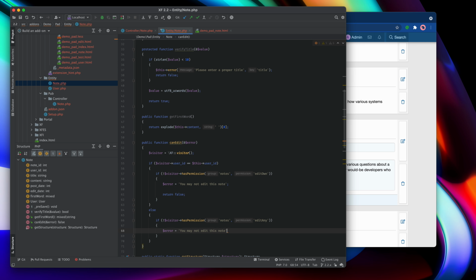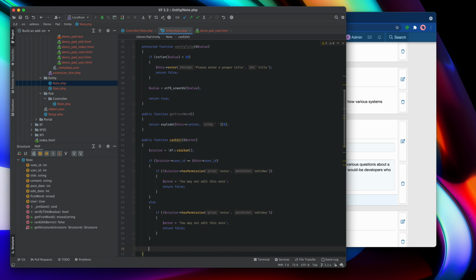I guess we'll just standardize on that for now, and we'll return false there. And I guess if you've got past all of those checks, then you must be able to edit, so we'll return true. So now we can head back to the controller and just call on canEdit, and then throw errors if not.